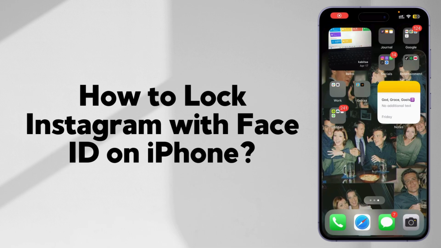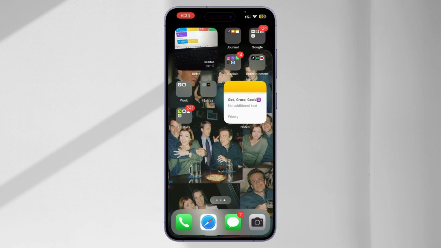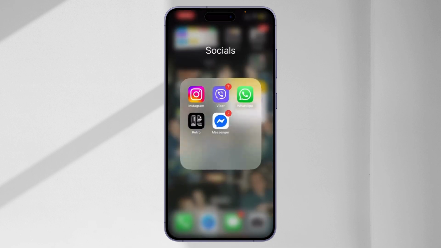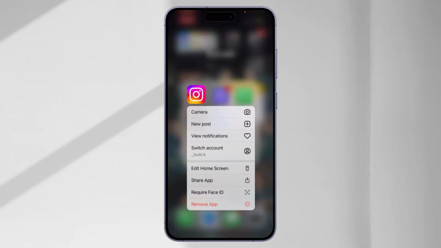How to lock Instagram with Face ID on iPhone. Want to lock your Instagram app with Face ID on your iPhone or iPad? In this quick guide, I'll show you how to add an extra layer of privacy to Instagram. So let's go. First, what you need to do is simply open your Instagram app or simply hold on to